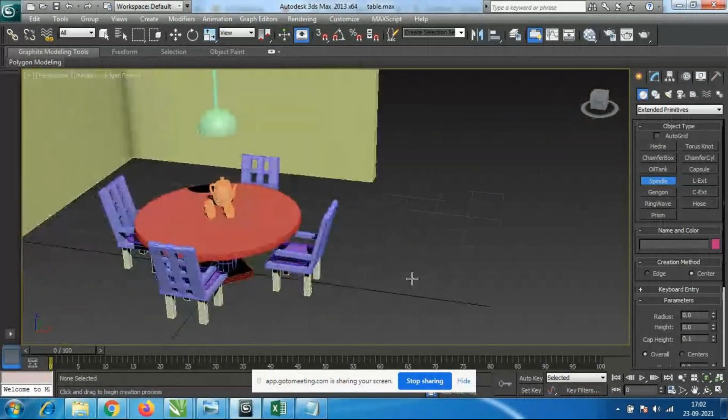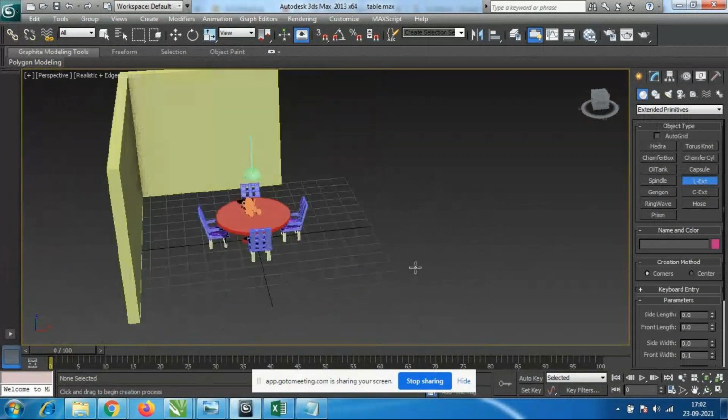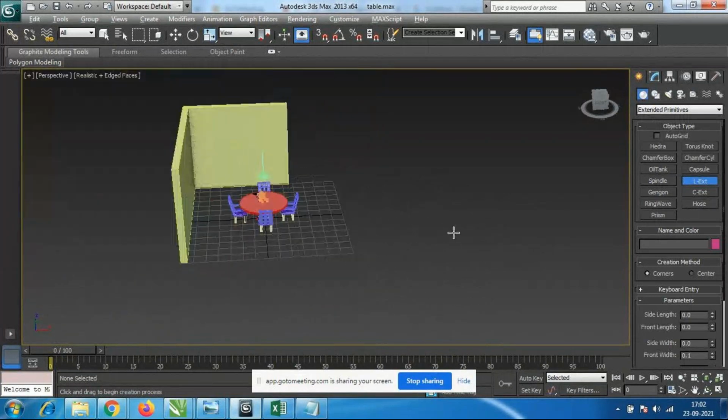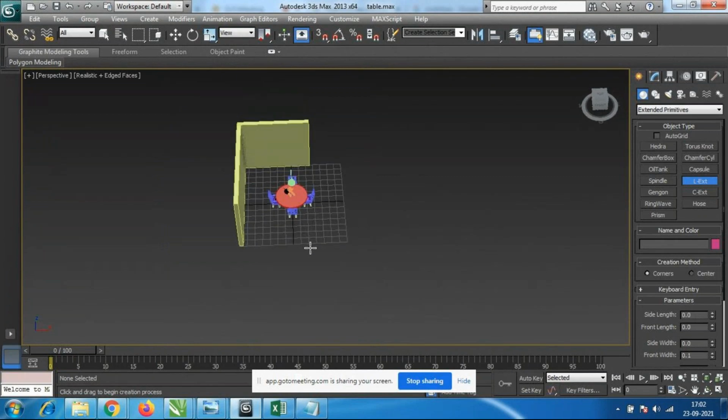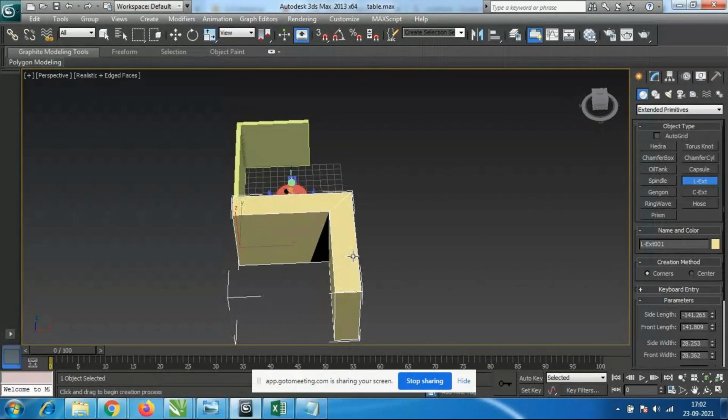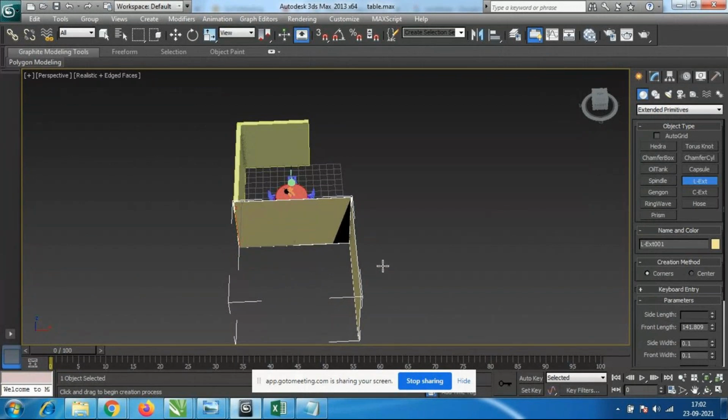Okay, next we'll go to the L extension. L extension is mainly to create a wall. Okay, so L extension is nothing but the wall itself. Suppose I have already created this wall, and I want one more wall here, so I will make this wall like this. Okay, so this is my wall with the same height. I'll click here, and for however much thickness, look here, I have to take it front or back, so you will get this option.